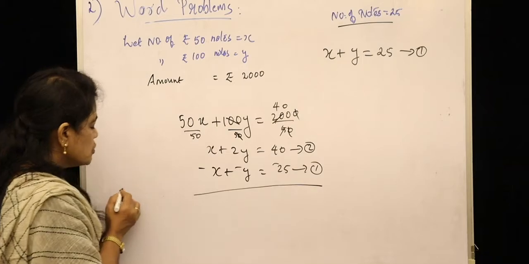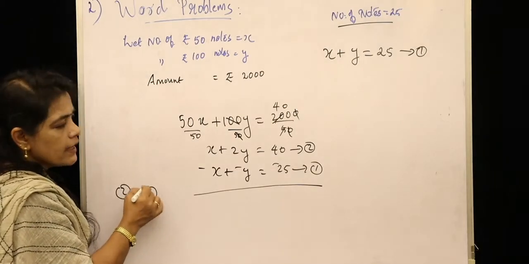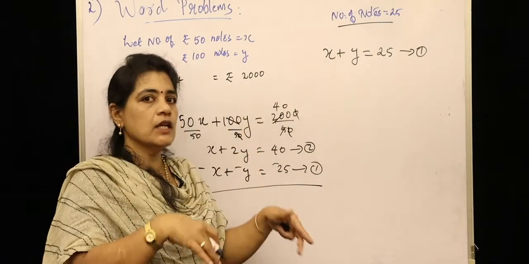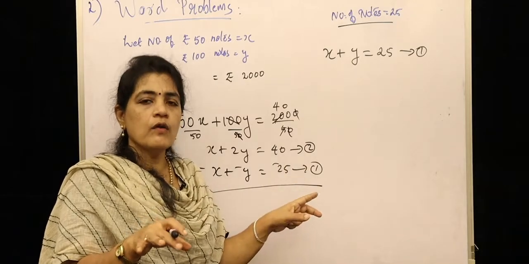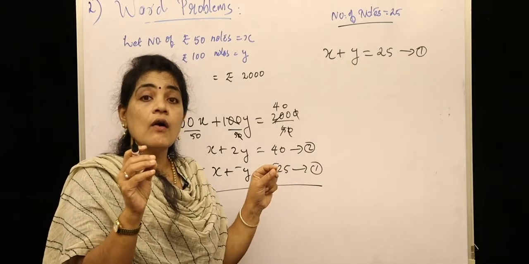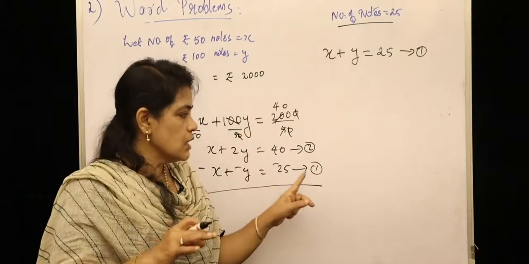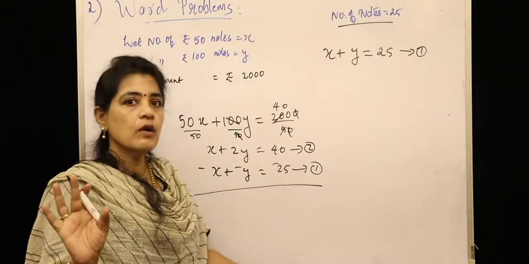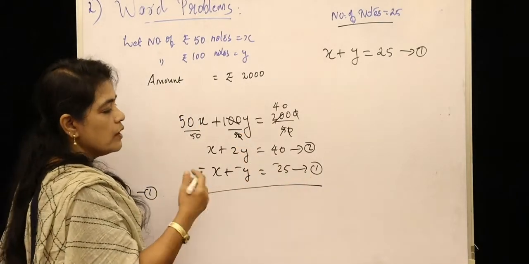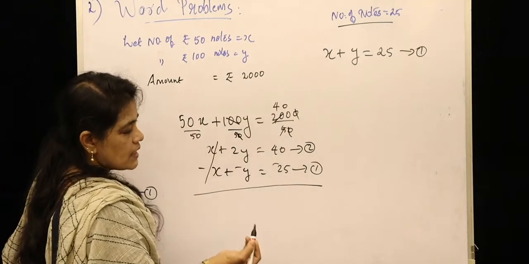Okay, that is 2 minus 1. You can write the first equation as the first or second equation, that doesn't matter. Which equation are you subtracting, and from which equation? The sign gets changed. That is the only change you have to make. So this term gets cancelled.